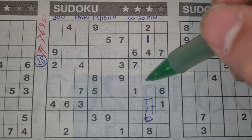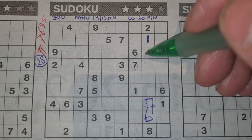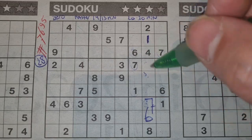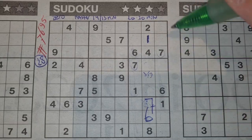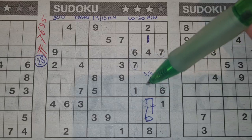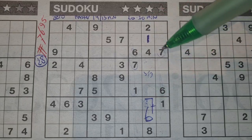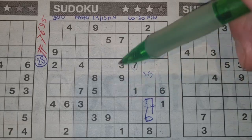So what are these 3 missing numbers in this column? Those missing numbers are the 1, the 2, 3 is missing, 4, the 5 is missing, 6, 7, 8, 9 is missing: 3, 5, 9. Well, I need to write 3, 5, 9. And that means the other 3 missing numbers in this big square are the numbers